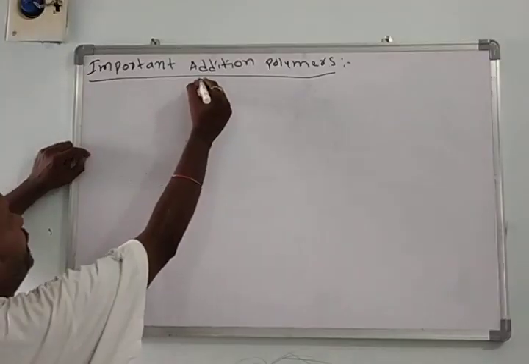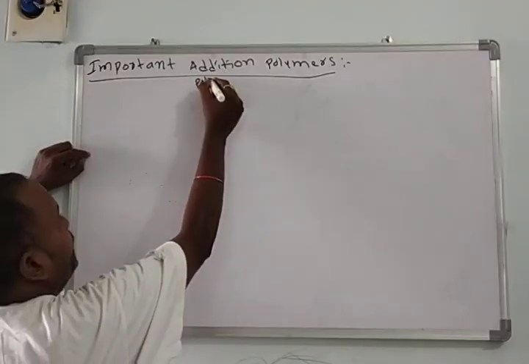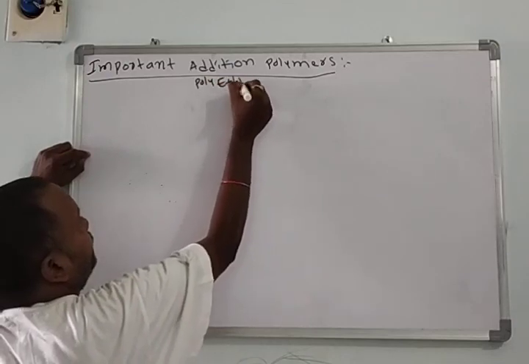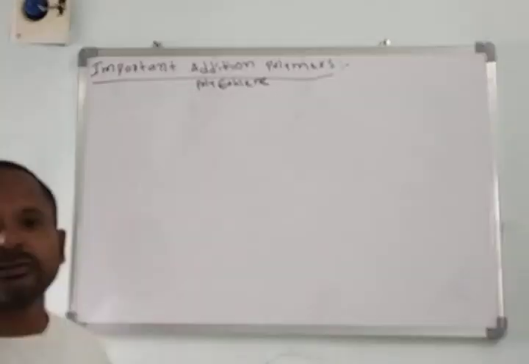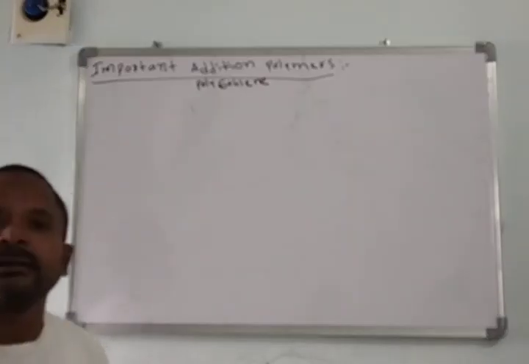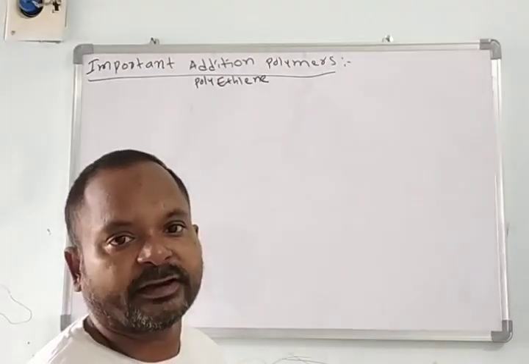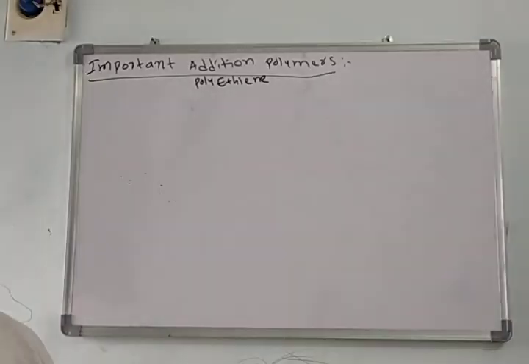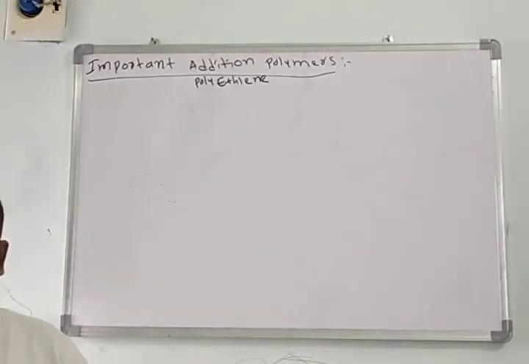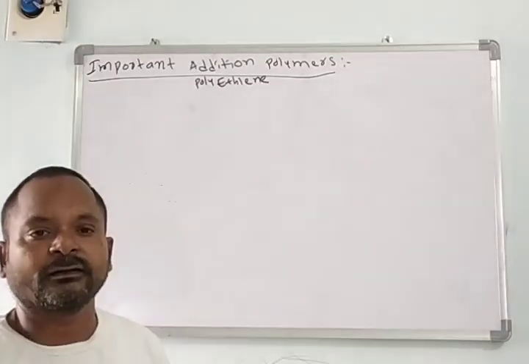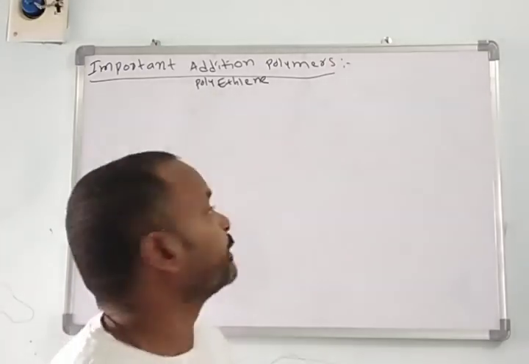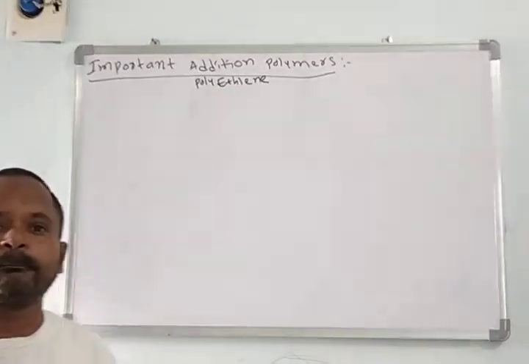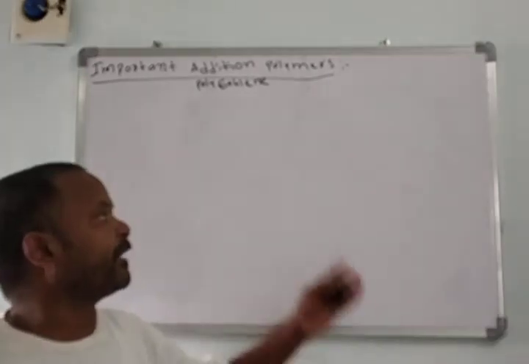In continuation, we'll see the first addition polymer, polyethylene, or we call it polythene. Already we know about polythene. So many plastic articles are prepared by using this polyethylene. Here, articles are of two types: soft articles and rigid articles. Soft articles are prepared by using low density polyethylene, and rigid plastic articles are prepared by using high